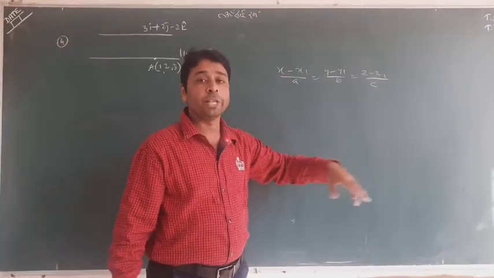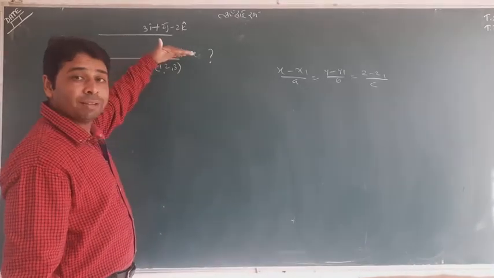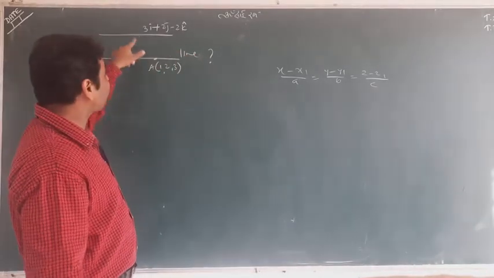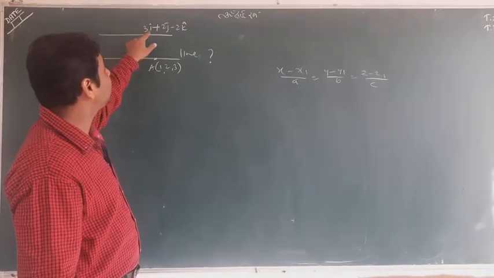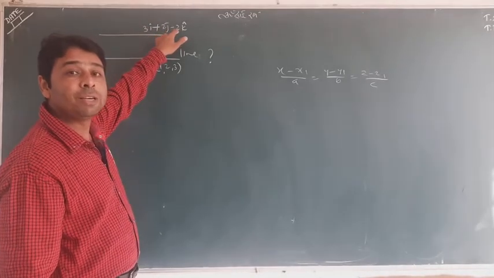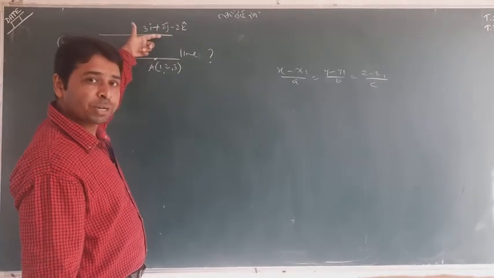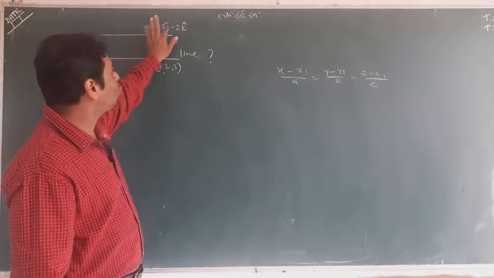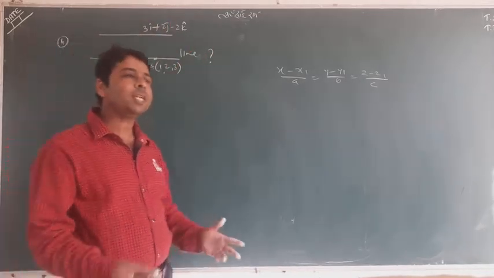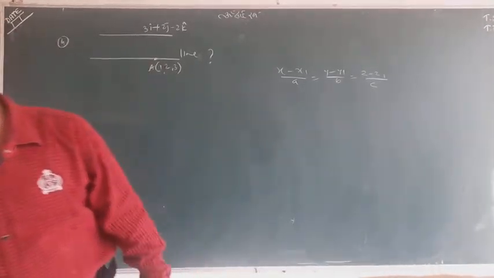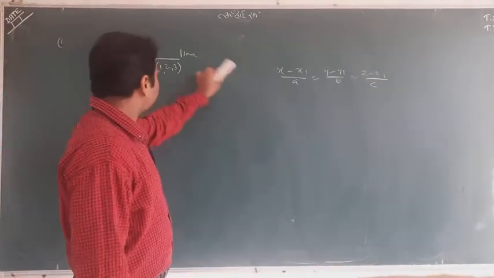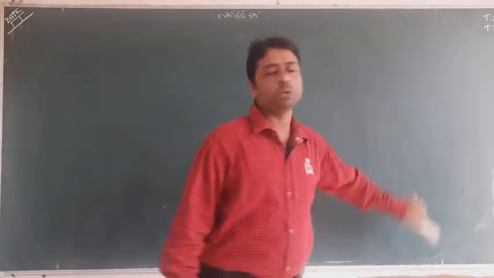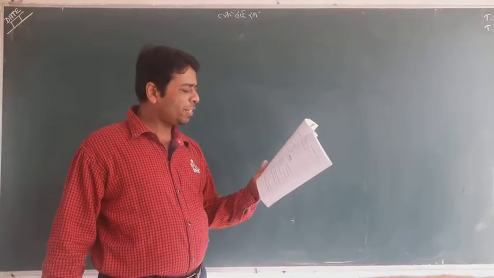And what are a, b, c? The direction ratios of the line. Here nothing is directly visible, but the line is parallel to this vector, so you can take the ratios from here. 3, 2, -2 are a, b, c, which are actually the ratios of this vector, but they are parallel, so you can use them for the line too. The ratios of this line will be 3, 2, -2. You can put them in and get the answer. So what is hard? Nothing. You should only be perfect in the concept. You can do it. Okay, so this is the question. Now let's go on to some more questions. All are very easy questions.